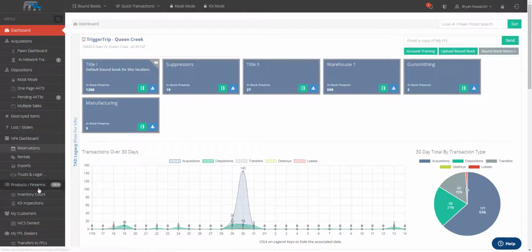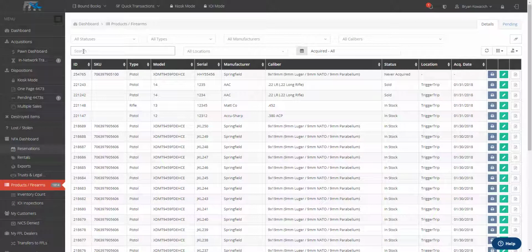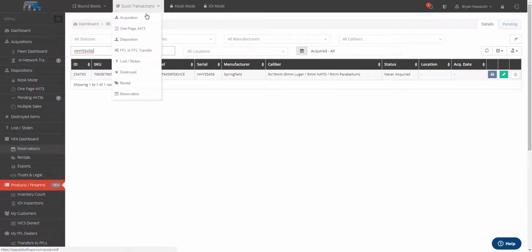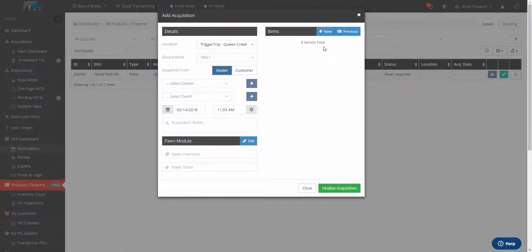So now that particular firearm, if I come to my product and firearms and then I search that serial number, as you can see over here in the status, it shows up as never acquired. So the way to fix this, the way to complete that transaction is to go back to acquisitions, and now